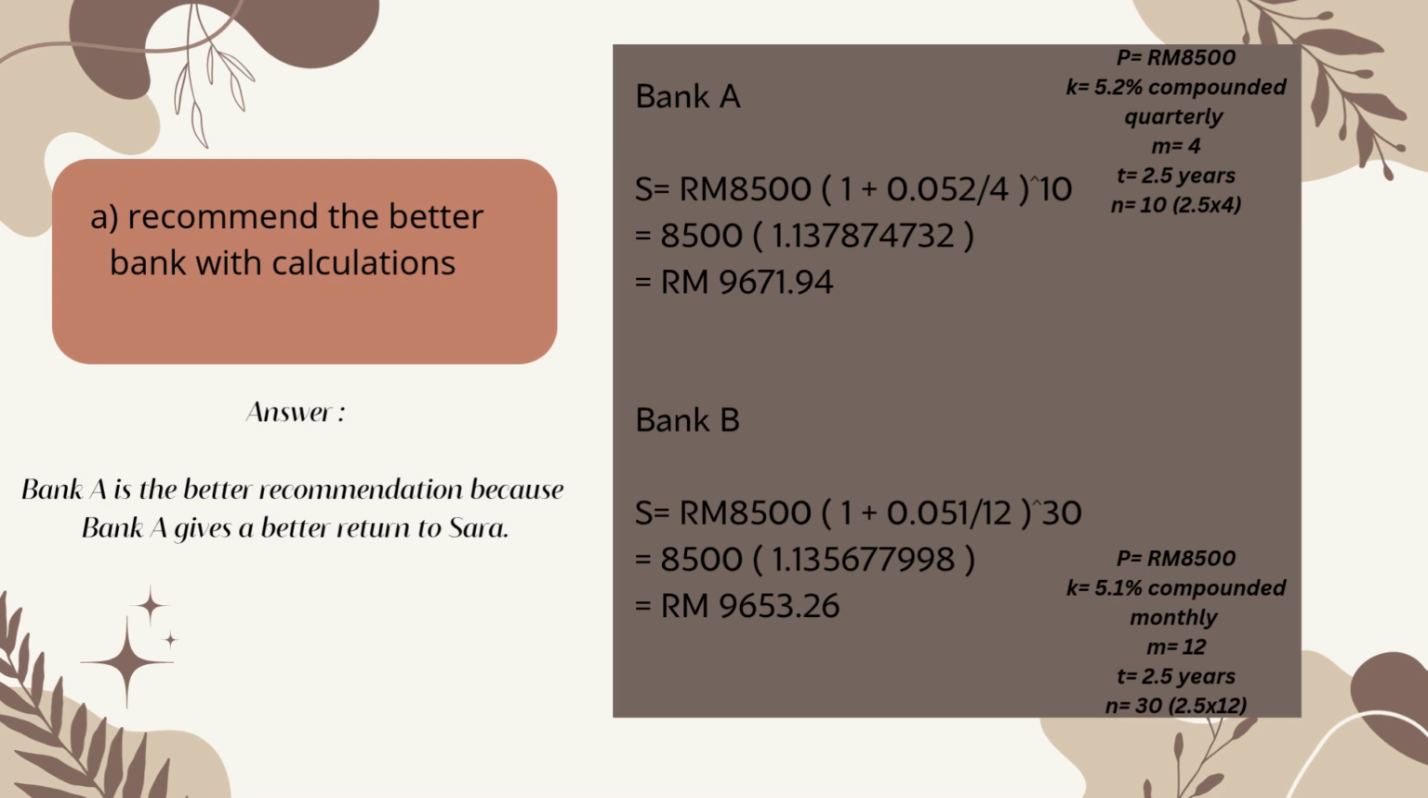we list all the information before starting the calculation, which is P equals 8,500, K equals 5.2% compounded quarterly, M equals 4, T equals 2.5 years, and N equals 10, which is the result of 2.5 times 4. For calculation of Bank A, S equals 8,500 in bracket 1 plus 0.052 divided by 4, power 10, and we will get the result